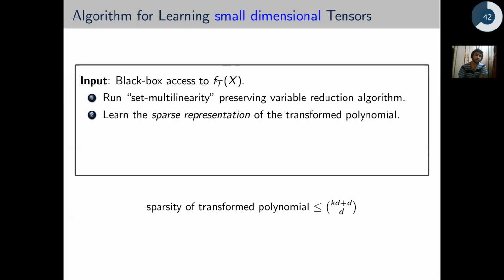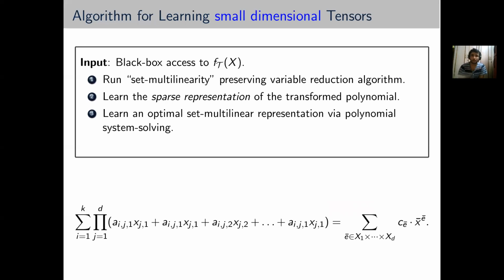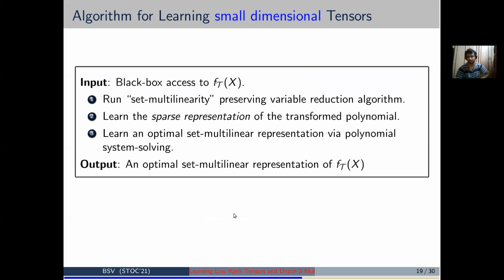Now again, if d and k are both constant, then it's a sparse polynomial. You learn the representation. And third, you just write a flat out representation. So you write the circuit on the left hand side and the sparse polynomial representation on the right, and think of the a_i's here as variables that you want to find out, and set up a system of equations by comparing coefficients. Clearly, there are just constantly many unknowns here because it's d times k, so k squared d, which is again constant in this setting. So you can solve it using system solving, which we discussed, to get a set multilinear representation of F tau.